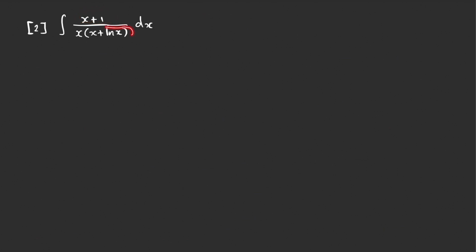Of course, we can have this denominator as our u, but we cannot produce the du. So the last thing that you could think of as your u is x plus ln x. If we consider that as our u, u is equal to x plus ln x,